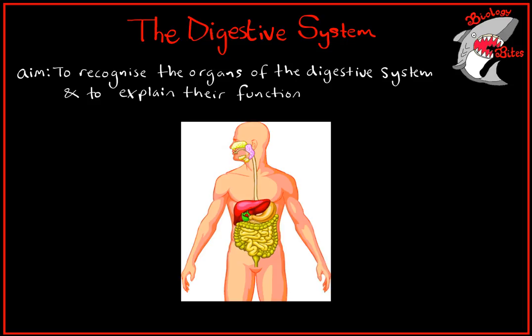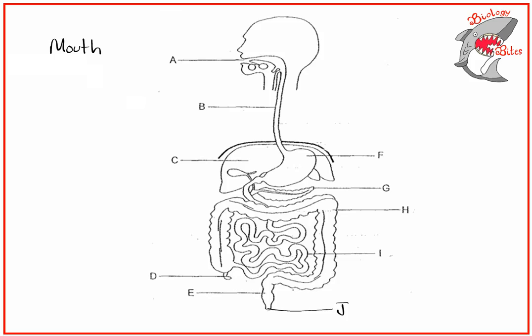The digestive system. The aim of this podcast is to be able to recognise the organs in the human digestive system and to explain some of their functions. Let's start off here with a simplified diagram of the human digestive system, and we have the mouth at the top end,